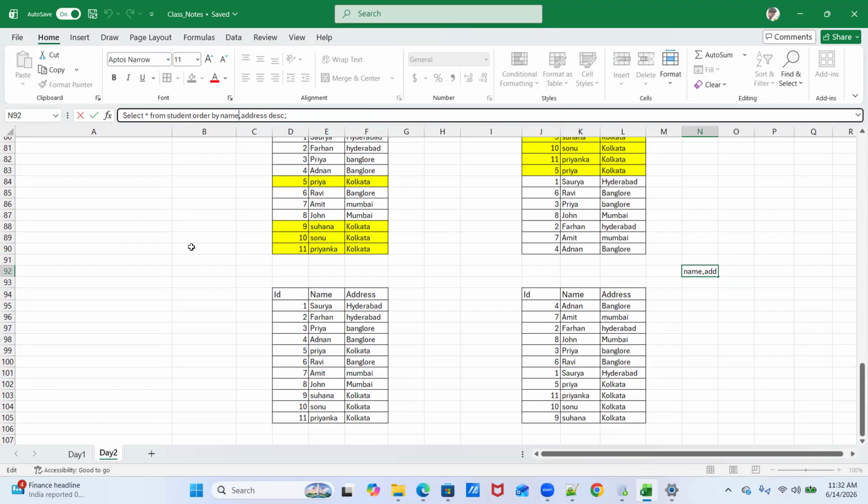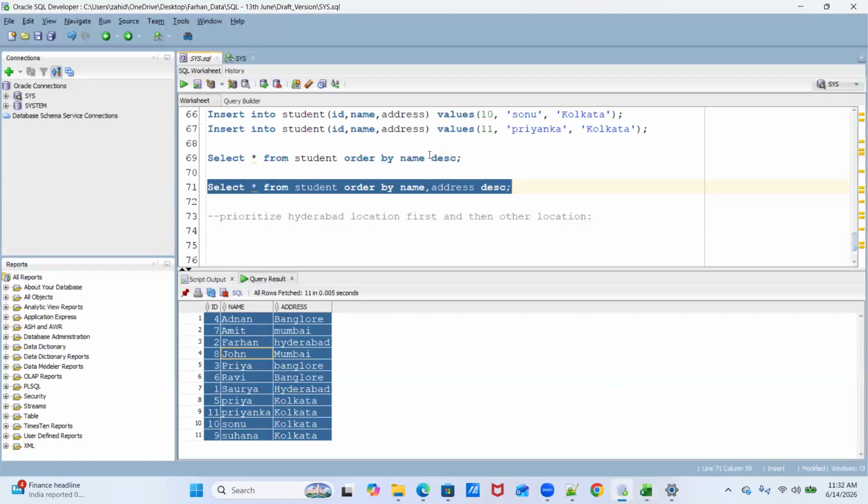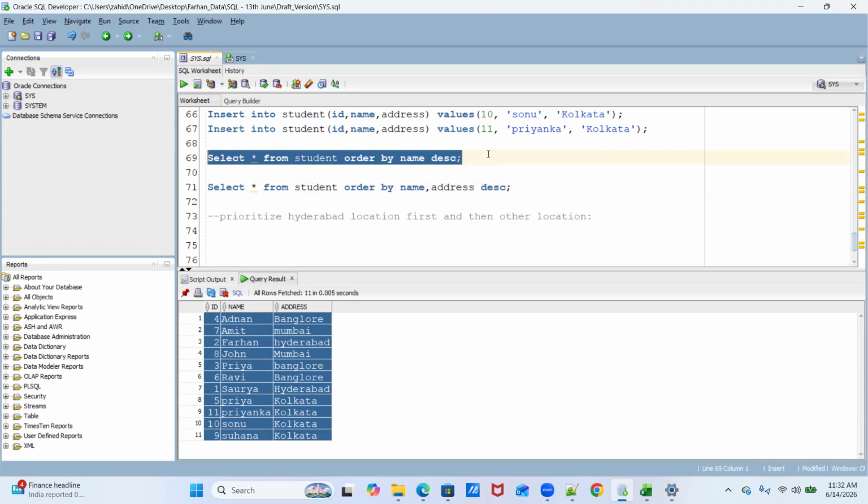But if you want to show it as a negative number, then you write minus. In a similar way, if you're not writing anything after a column name in the order by clause, then by default it's ascending. Okay, let's show it first here, then we'll move to this query.